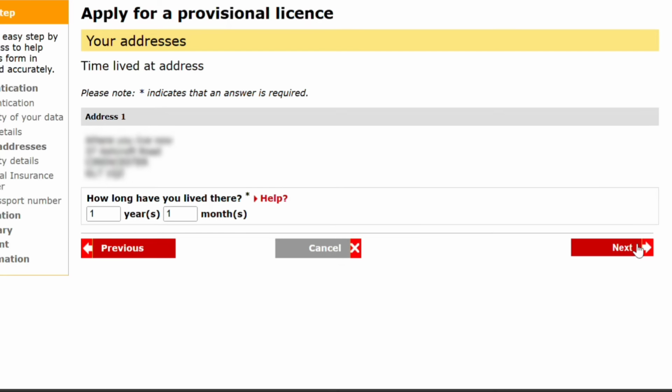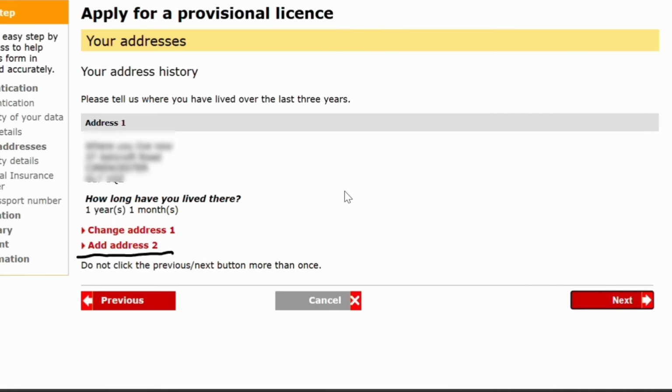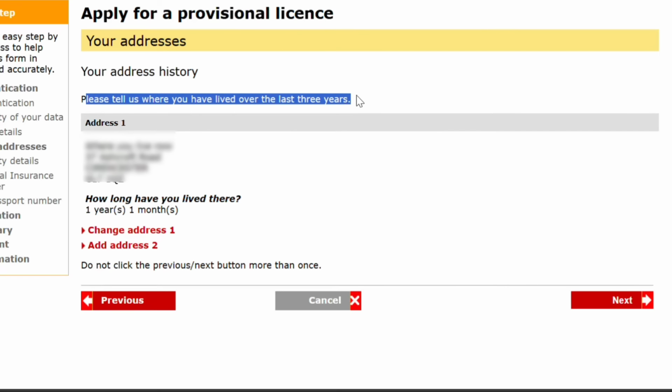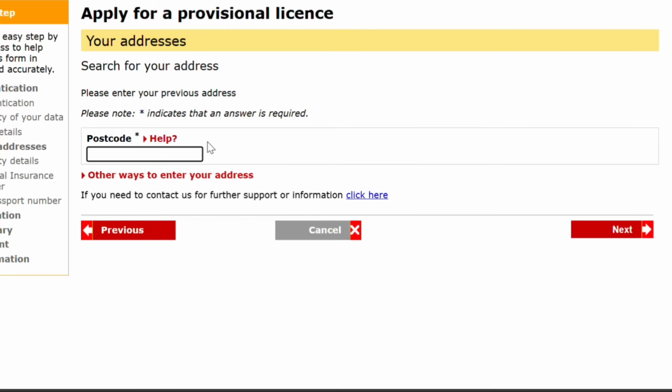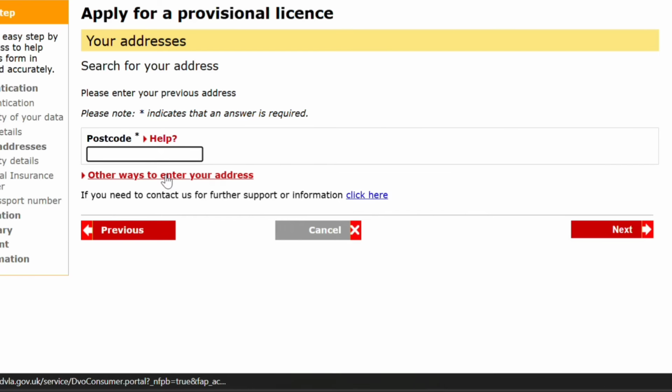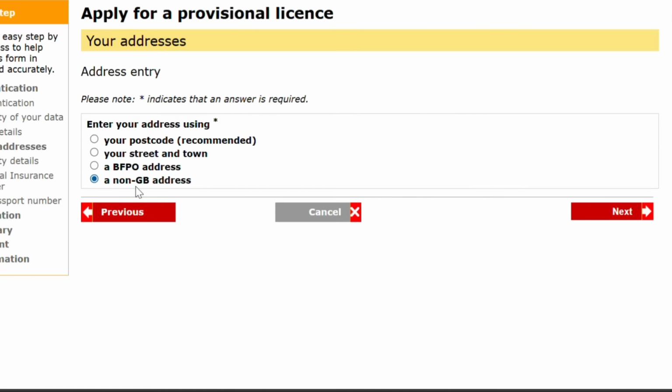And then after that, it will ask you for a second address. For example, you came here from India and you have lived in the UK for 2 years, then obviously there is still 1 year which you lived in India. In that case, as a second address, you need to put your Indian address, and to do that, you simply press other ways to enter your address, and then you select the last option, a non-GB address,